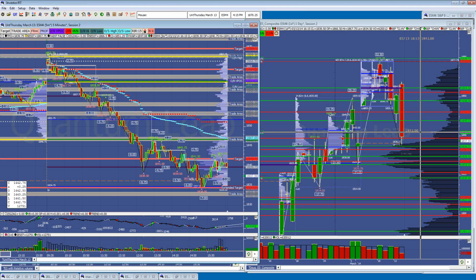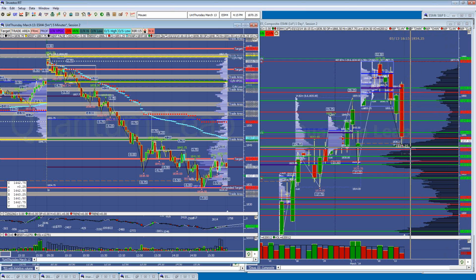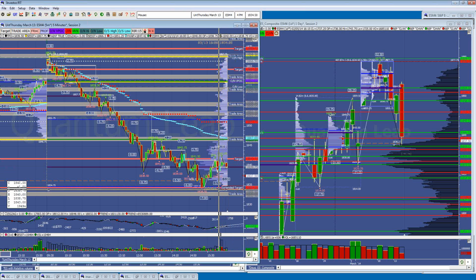But I said, and you can go and check this out because I did say this, that I didn't think that if we came down here we would stop there, and that we would most likely come down into this area around 34.50, and of course that was our extended target for the day down there at 1834.50, and we hit that to the tick. Buyer stepped in, rotated us up, and closed just at that